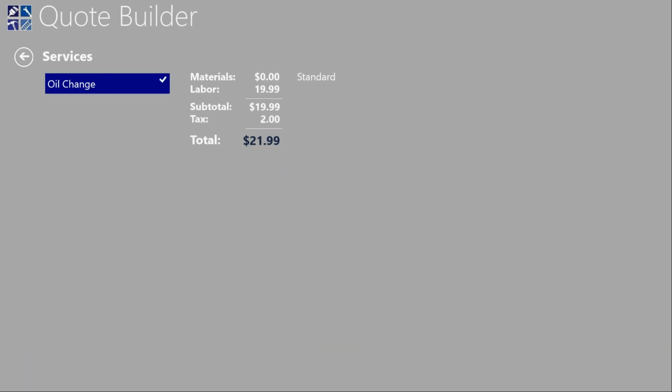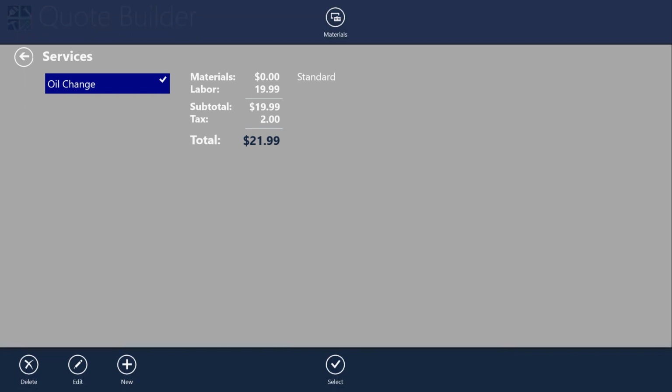Now there's also, if you take note, a materials part of this, in which some services may have materials or supplies that are associated to the cost of doing a job. So in our case, for an oil change, maybe we need some oil. So if you swipe again at the top or even at the bottom, we have our app bar, and now we have an opportunity to click on materials. Right? You click on materials,